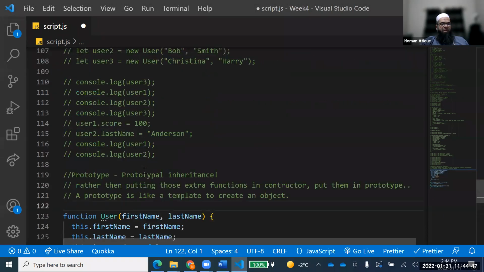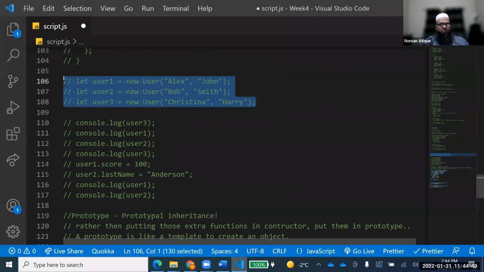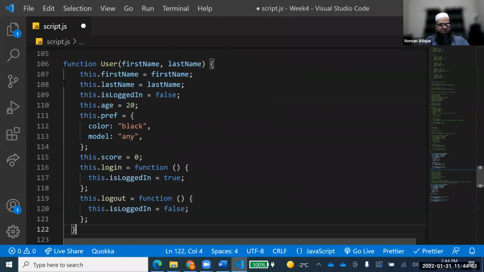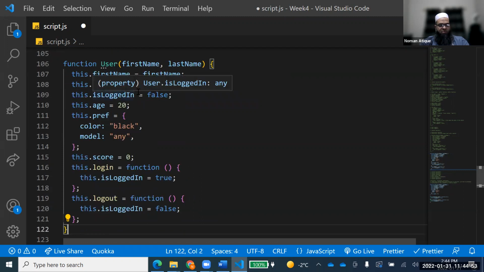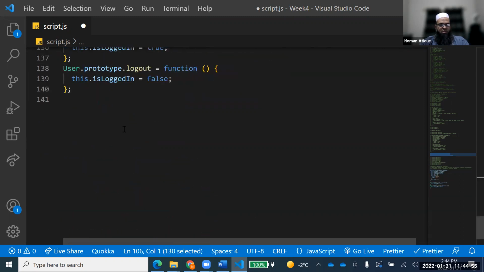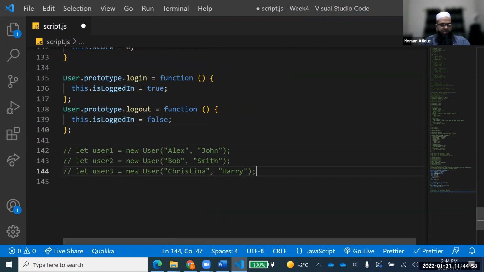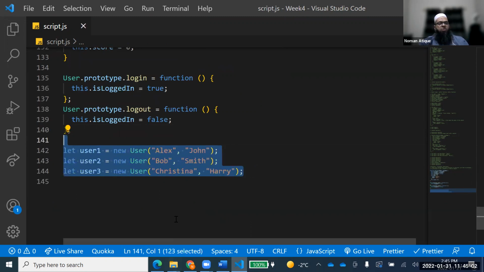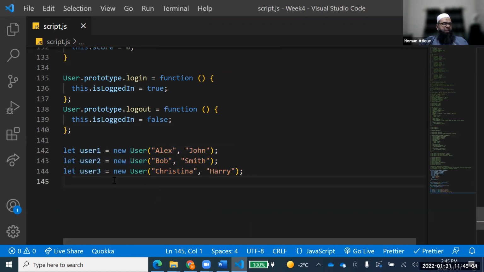Now what happens when I create these objects? Control C, and I'll bring them over here, and I will uncomment them. Now you see here, I'm creating these three objects. So now when I create this user one with Alex and John, and Bob and Smith, and Christina and Harry, now these